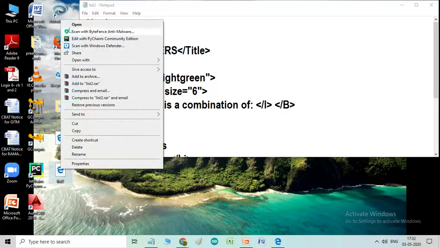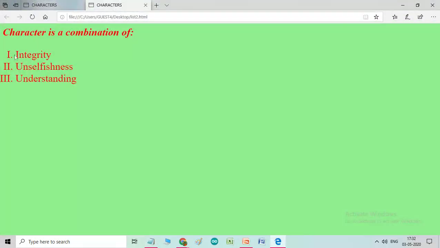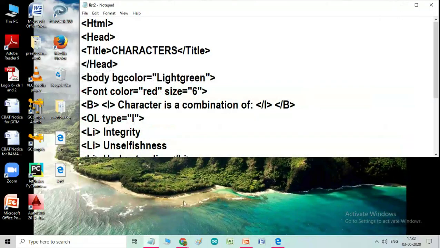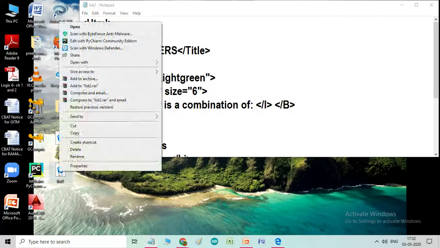Now open. So see, automatically numbering is changed to Roman numbers, capital Roman numbers. Now I will change here to small Roman numbers. So I just type small i here and say save. Let us see the result.